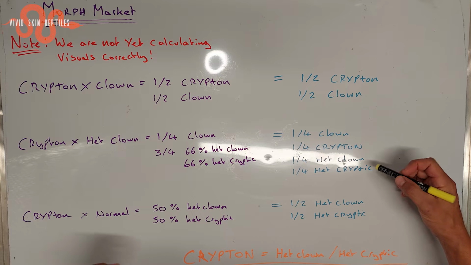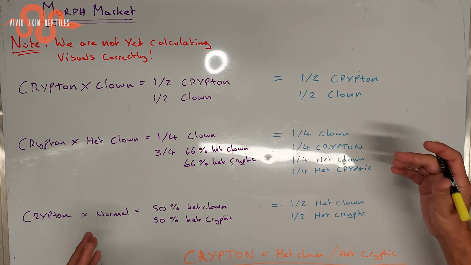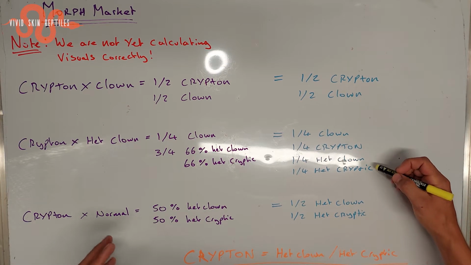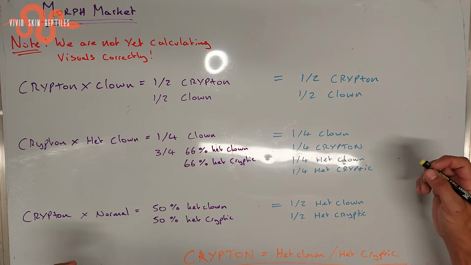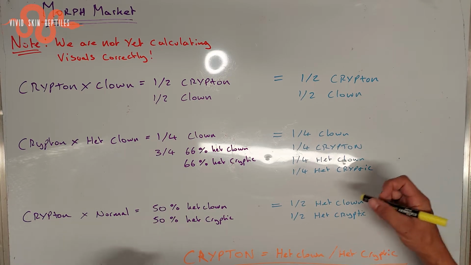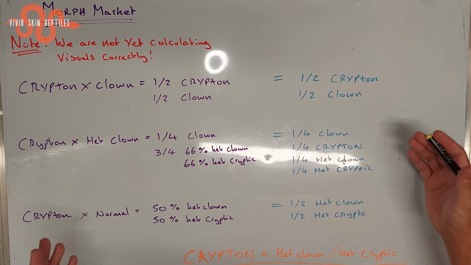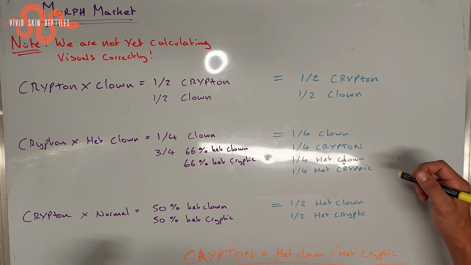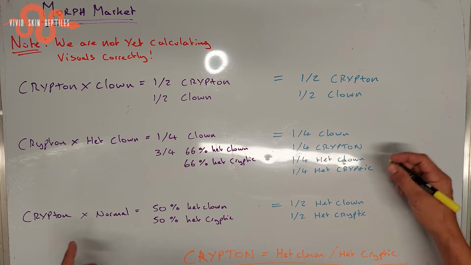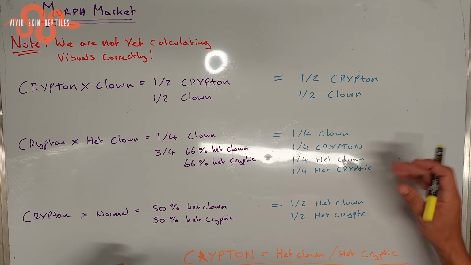I haven't done this pairing yet. I don't have any het cryptics. There is talk that there are visual markers on het cryptics, like narrow eye stripes or something like that. But like I say, I haven't got any, so I can't confirm whether that's true or not. Hopefully I'll do that pairing next year and I'll have some het cryptics and I'll be able to tell the